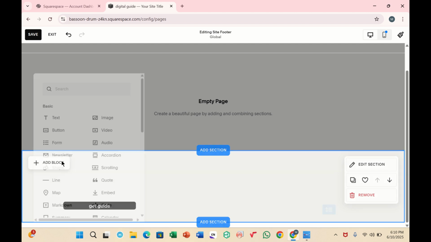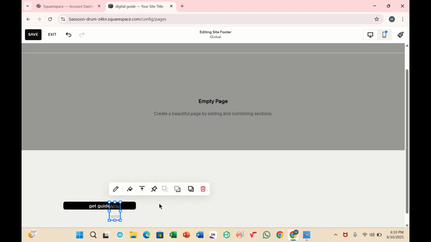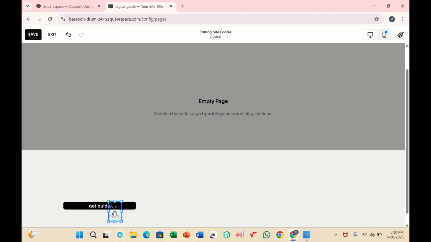Now here you are going to go to your text. It is going to give you the option that you can simply write here three things. You can tell them what their problem is. In the number 2 area, you are going to tell them what you're going to provide them, what they're going to get. And in the 3rd area, let's say you are going to give them the detailed video tutorial. I am not going to write it over here, but you can write all the 3 problems,